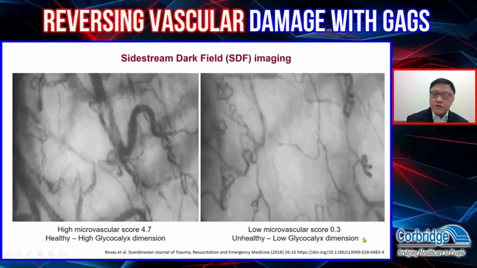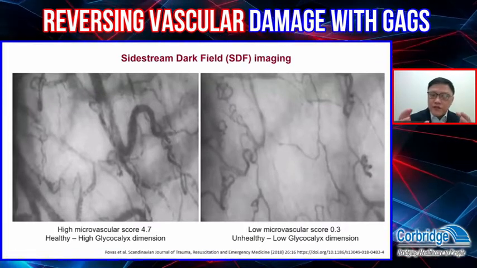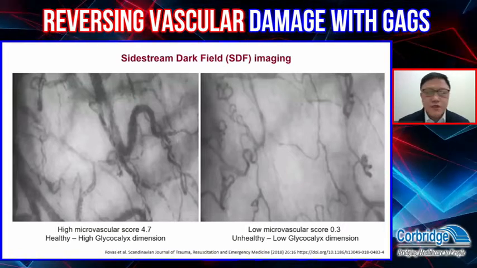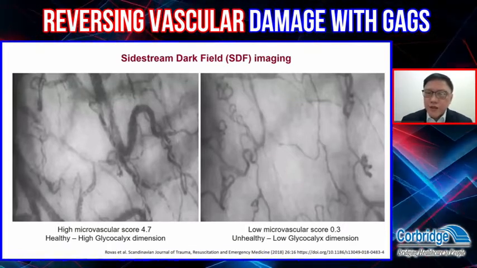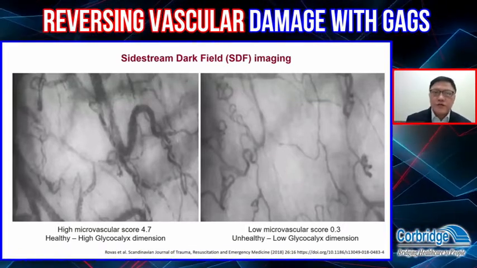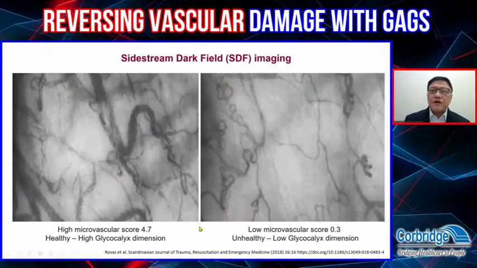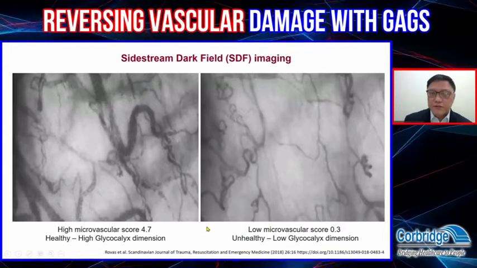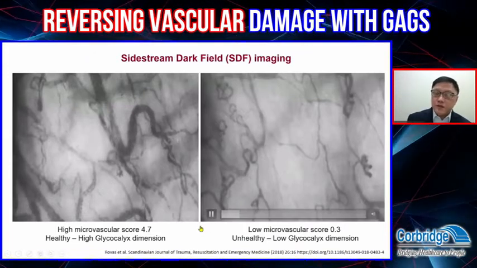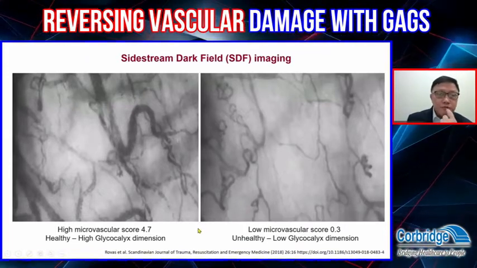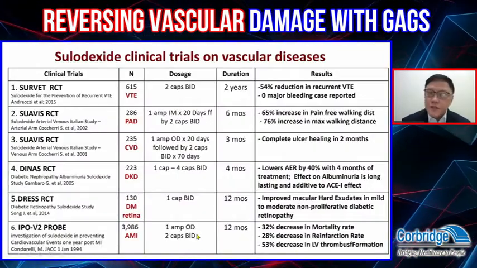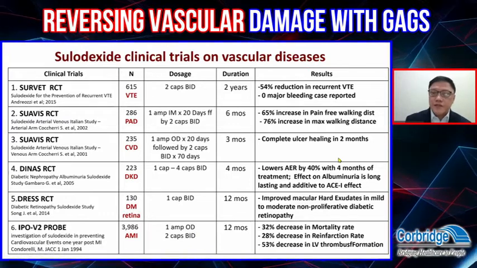endothelium. So we can image it indirectly, not only through the electron microscope, but through this new imaging technique we call the glycocheck. And it can be done using a camera that you put under the tongue. Now, sulodexide is not without clinical trials. There are many